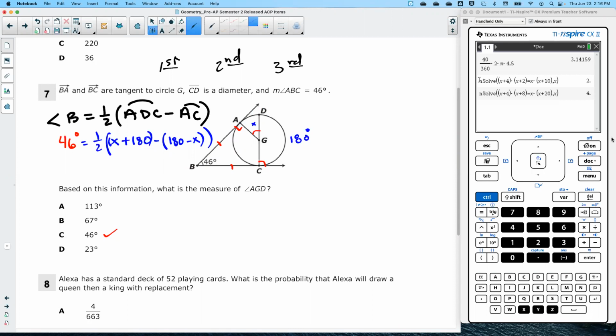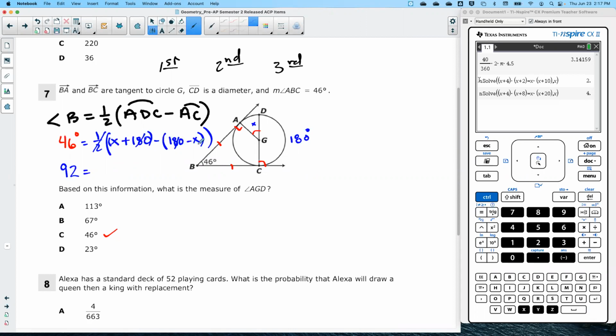How do you get rid of a 1/2? Multiply it by 2. So we're gonna have, what's 2 times 46? 92. That gets rid of this. And over here, I'm gonna combine like terms. I'm gonna have a 180. Ignore the parentheses for a second. What's a 180 minus this 180? 0. Those cancel. This is x